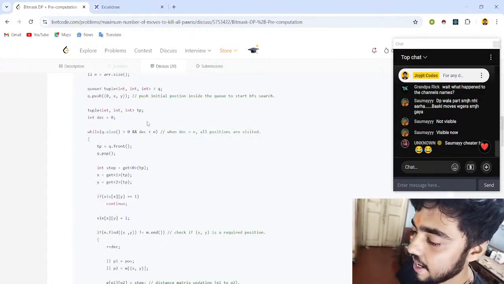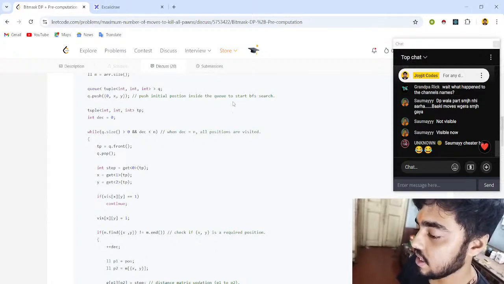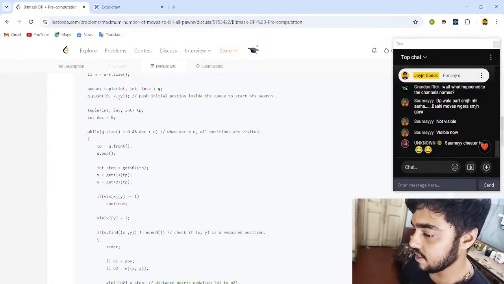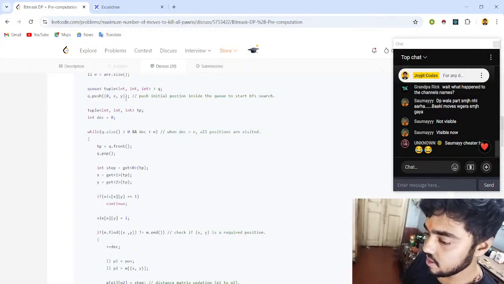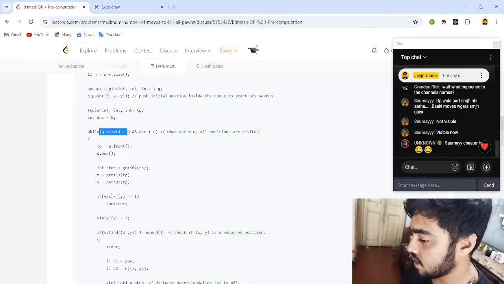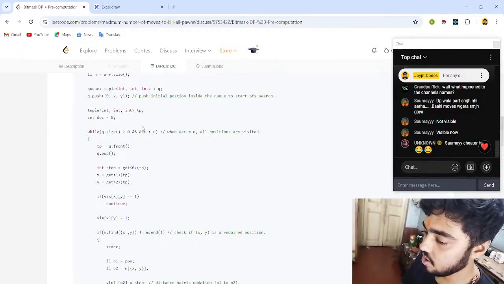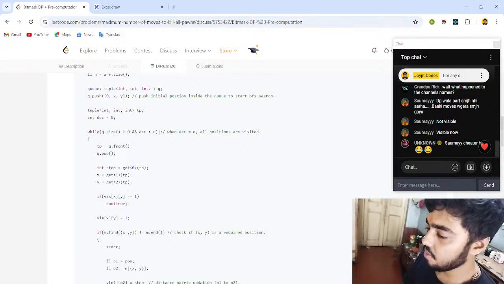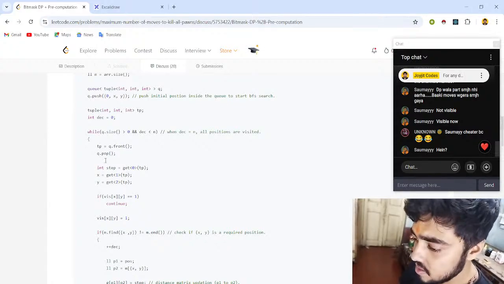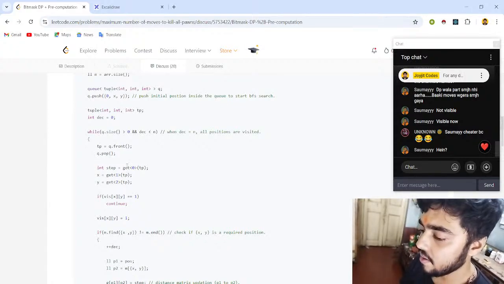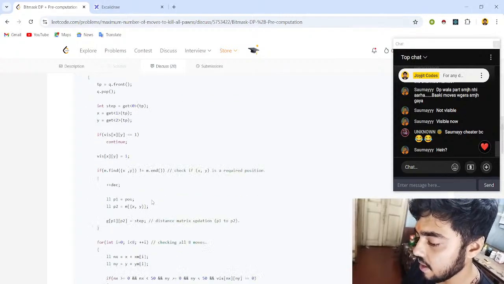So basically what happens is, push the initial position inside the queue to start BFS. He's pushing the initial position, that is x comma y, and then he's going for the BFS approach. He's checking while the queue size is greater than 0, pushing to the queue, like you know what BFS is basically. So he's popping it out, and for every possible condition he's checking what are the